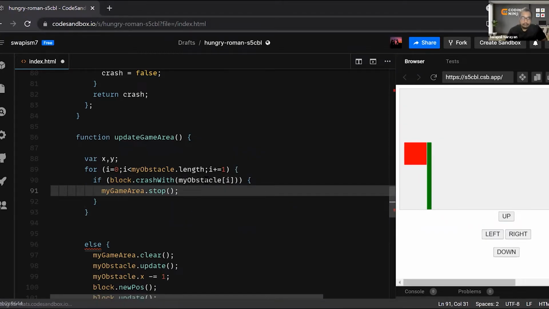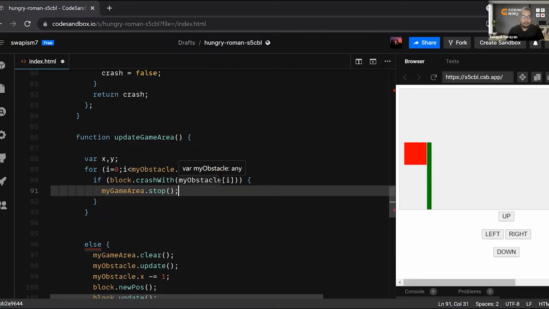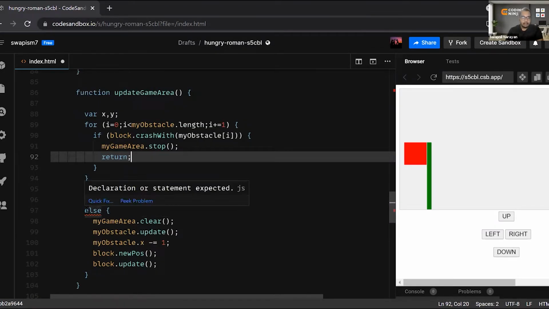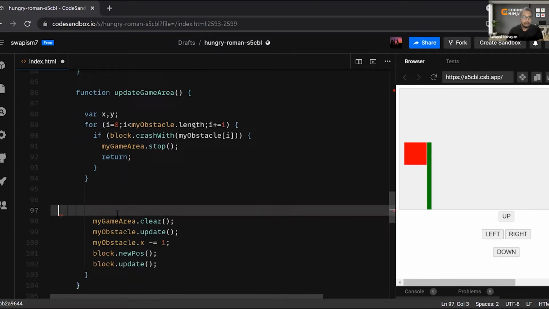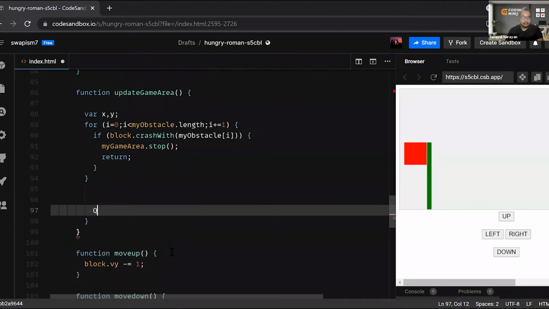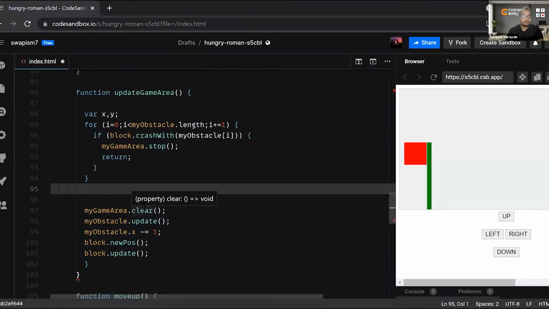If it is crashing with the ith obstacle, then the game area will stop, and we will simply return from here itself. Otherwise, other things will happen without any problem, like my game area dot clear and the updates and all.